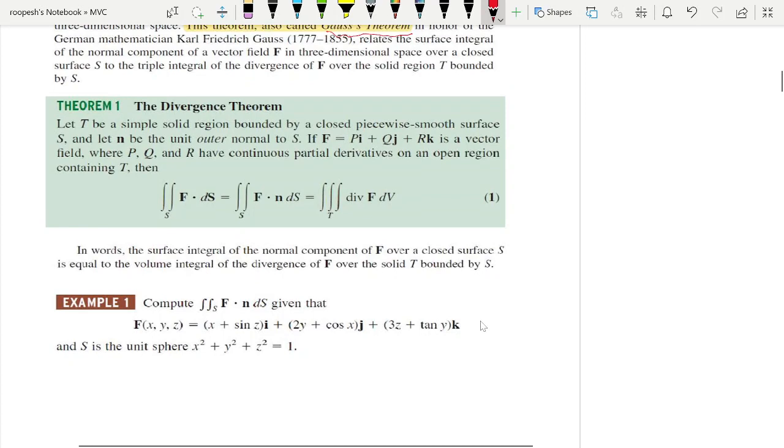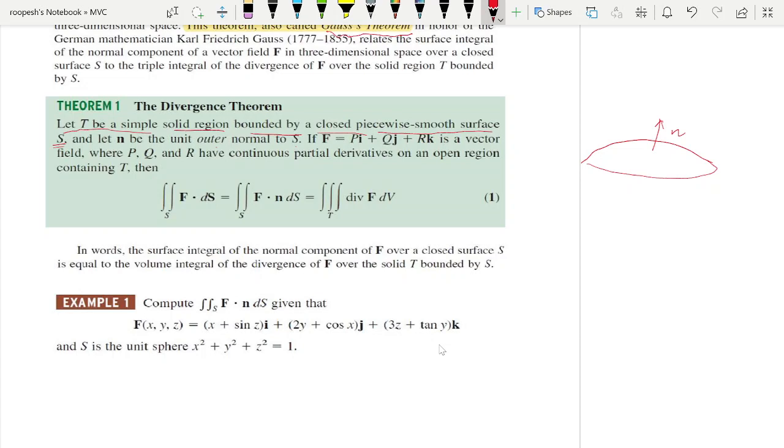The divergence theorem or Gauss theorem says that if T is a simple solid region bounded by a closed piecewise smooth surface S, and N is the unit outer normal to S. So when a surface is given, its outer normal is also given as N, and if F equals Pi plus Qj plus Rk is a vector field where P, Q, R have continuous partial derivatives on an open region containing T, then